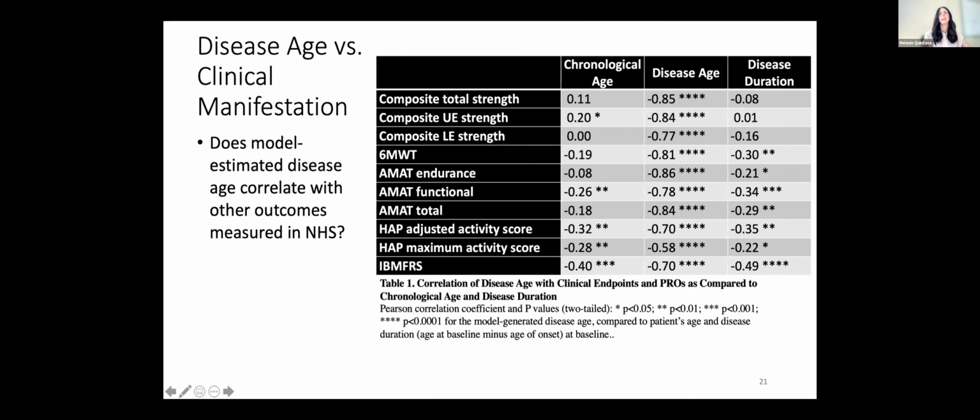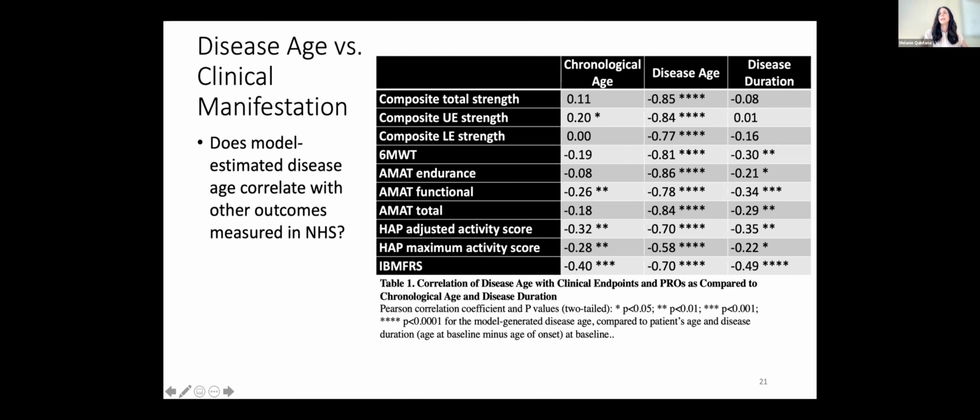And what you can see here is that, as was alluded to earlier, chronological age is not a great predictor of these measures. It doesn't correlate very well with where you are on these measures. Disease duration, which is essentially based on an estimate of how long the participant has had the disease, when the participant believes their onset was and their current age, correlates a little bit better than chronological age, but still not great, you'll see.